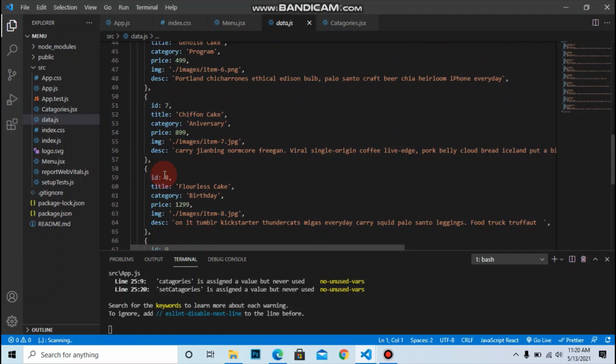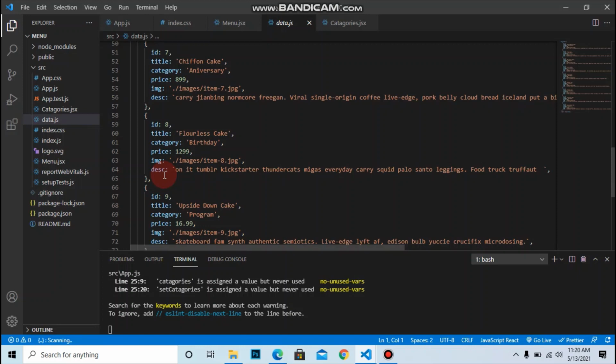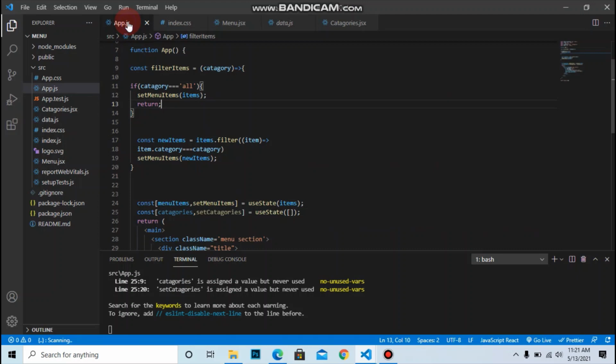So if we have big data, that is a big problem for us. To solve this, we should use the unique property of JavaScript. So let's get back to the app, and we should filter only the unique categories.